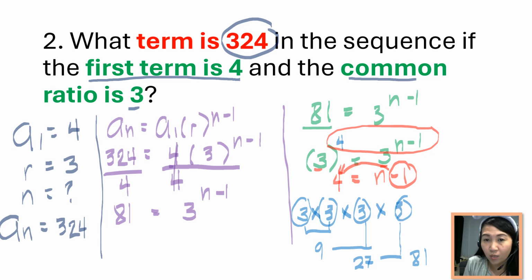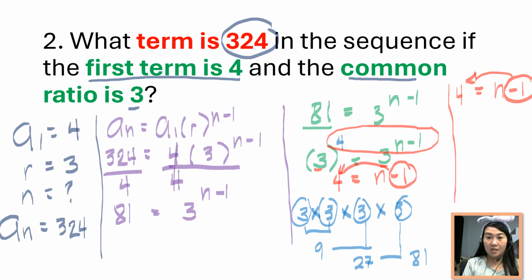Right? So, naiwan natin dito sa left side, copy ko lang para hindi ma-confuse. So we can transpose this to the other side of the equation. Again, it's the easiest way to remember it, but what we're doing here, class, is we are adding plus 1 to both sides of the equation. And so we can cancel out negative 1. But we have here n, transpose it to the other side, from negative 1 magiging plus 1. So 4 plus 1. So n is equal to 5.